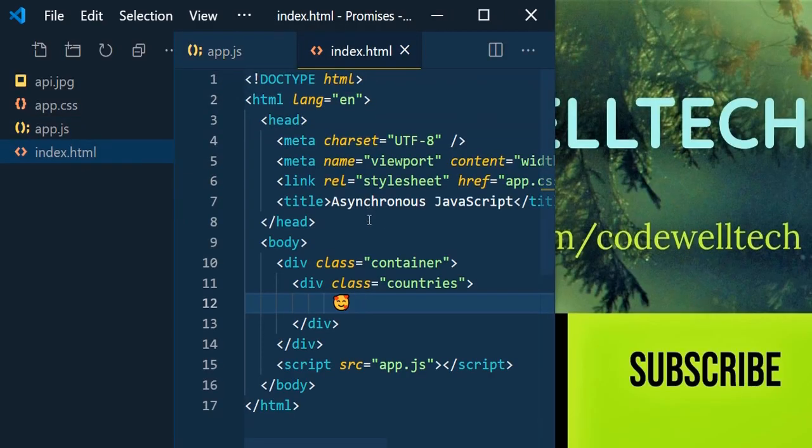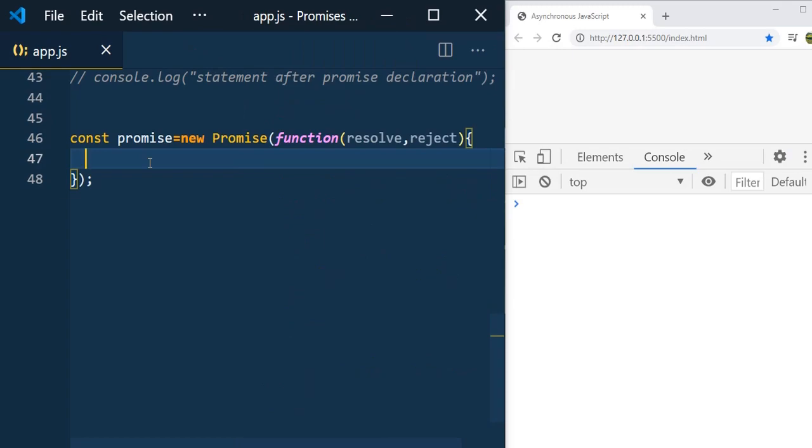Let me run it. Now we have created the promise and stored it in a variable called promise. As I said, the executor which we passed into the Promise constructor will get executed as soon as we create the new Promise.